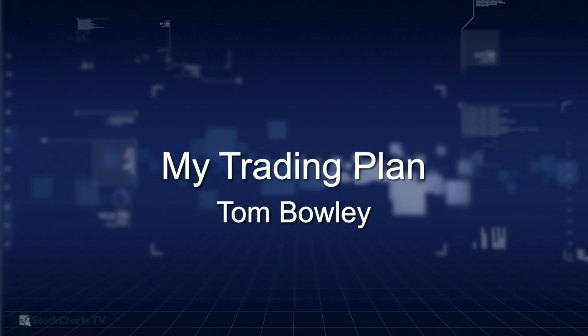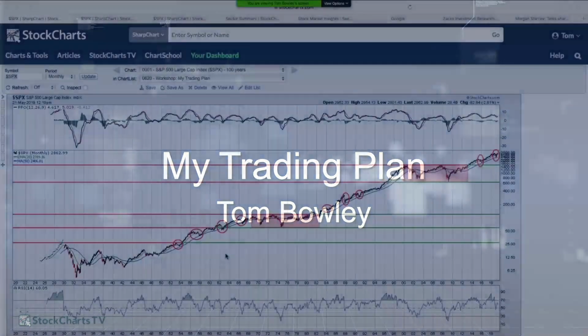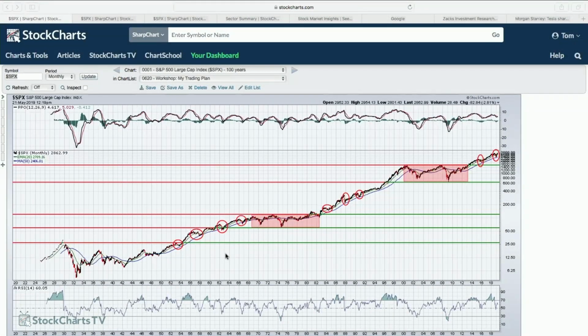So I thought I would just give you some thoughts on how I approach the market, both on a long-term basis and short-term basis. So let's start off with the big picture, because for me, I can't even think about trading the market until I have an overall belief in which way I think the stock market's going to go. And if I don't know which way the stock market's going to go, then I am probably going to be sitting it out. Probably will not trade a whole lot, try and maybe hit 1 or 2 stocks here or there, but I'm not going to commit a lot of capital